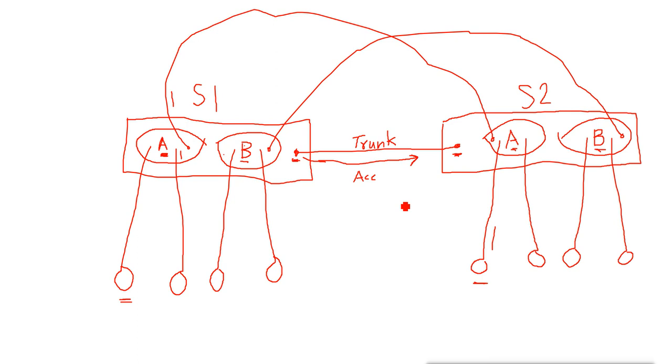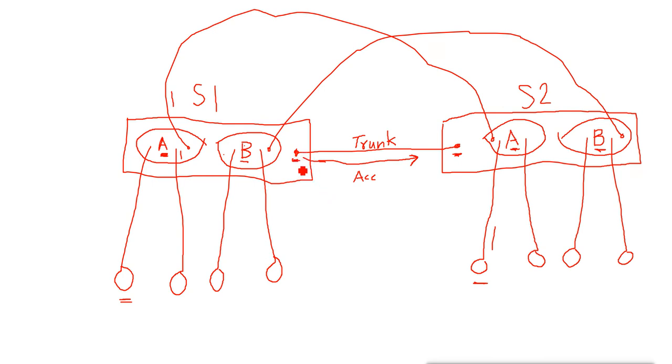And on this switch also, when we convert this port into a trunk, what happens? When any data comes for this VLAN, it will also reach all the VLANs of that switch, VLAN A and VLAN B also. That means data coming to this port also goes to the available VLANs, and if data is going out of this port, it will also go for the other VLANs. That means the trunk port has information about VLANs when data is sent and received on it.